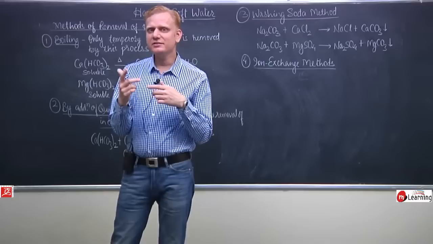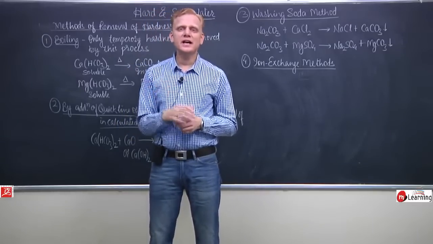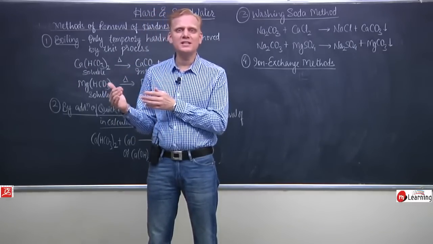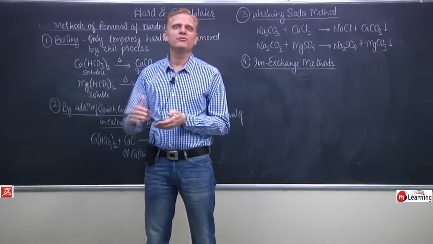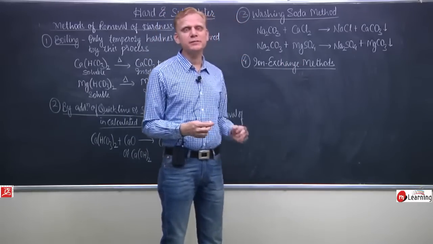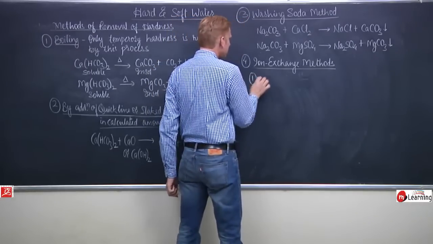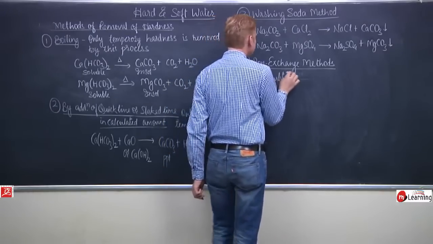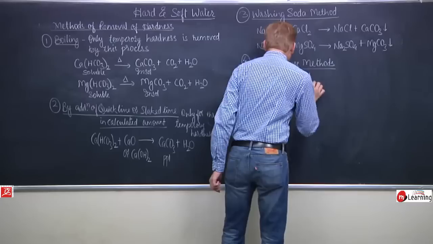So by this exchange, the exchanger traps hardness causing ions and allows the non-hardness causing ions, or the ions which do not give hardness to water, to flow with the water. How does it happen? Let us take 2 different examples of ion exchange methods. Number 1 is permutate method. The permutate method